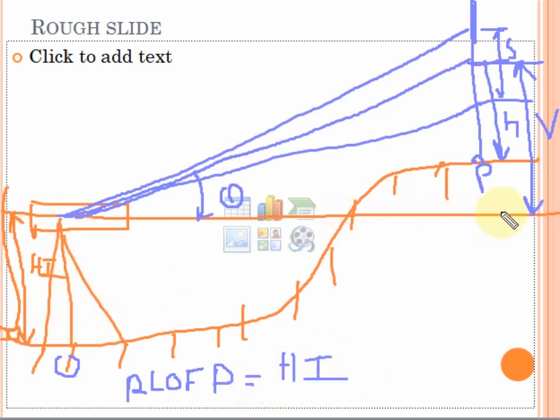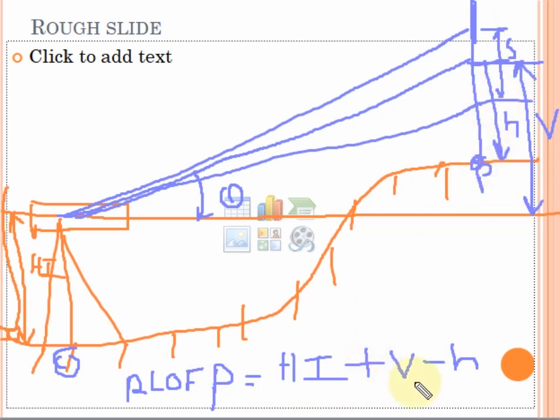So you have to read this point, plus V. What is V? Capital V is the vertical distance between the horizontal line of sight and the central reading. So plus V, you reach this point, minus h. This small h is from this point to this point. So you have to get the RL of the point, from where the instrument station is kept. So RL of the point P is height of the instrument plus V minus h, up and down only.